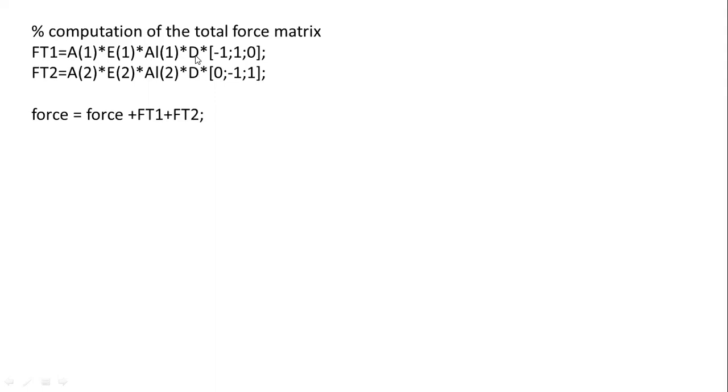Okay. D, temperature difference. Element 1 minus 1 1, node 3 0. Element 2 है तो node 1 0. Node connectivity 2 and 3. Okay. So this minus 1 and 1 depend on node connectivity. यहाँ पे node connectivity 1 and 2, and for element 2 node connectivity 2 and 3. Okay.